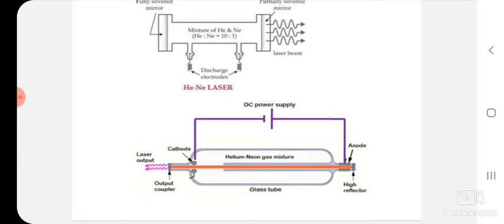An electric discharge is produced in the gas by means of electrodes which are placed outside the tube, connected to a source of high frequency alternating current. So collisions with electrons from the discharge excite He and Ne atoms to metastable states, at 20.61 and 20.66 electron volts respectively.